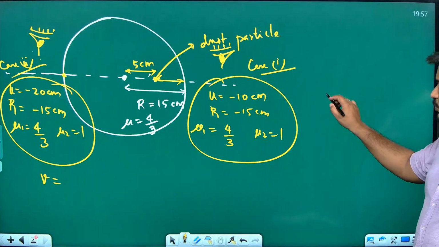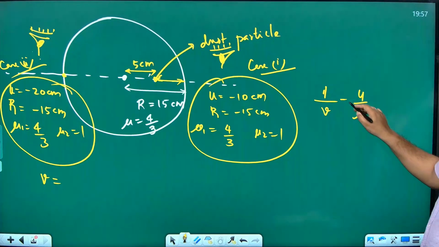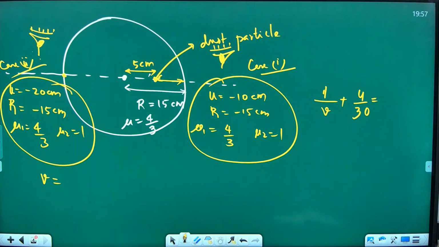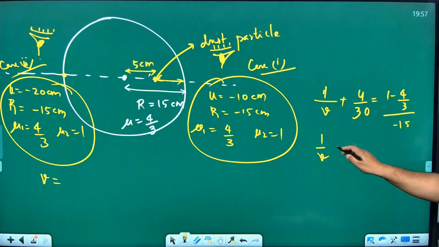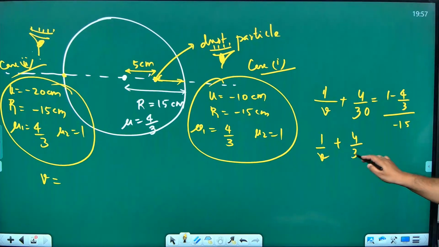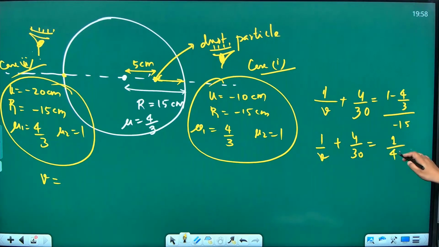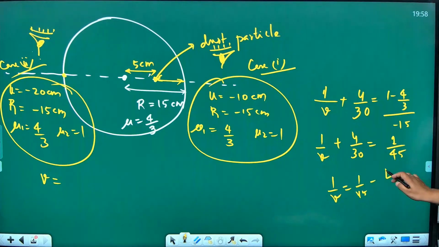Shall I solve it? Mu 2 by V minus mu 1 by U, with mu 1 as 4 by 3, it will become plus. Let us check. Mu 2 minus mu 1 by R, so 1 minus 4 by 3 divided by R is how much? Minus 15. So when you solve it, 1 by V plus 4 by 30 is equal to 3 minus 4, which is minus 1. So minus 1, minus will become plus, 1 by 45. So I am getting something like 1 by V is equal to 1 by 45 minus